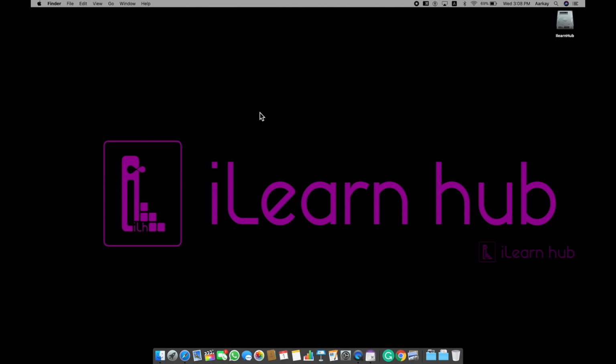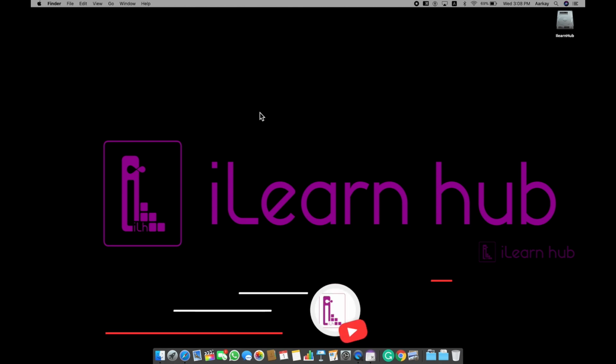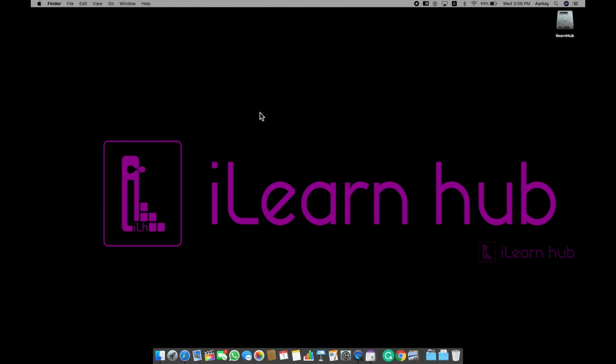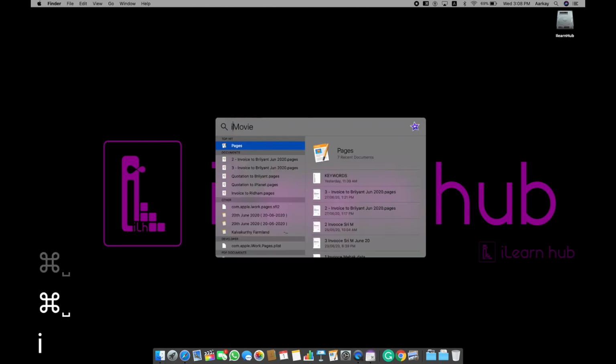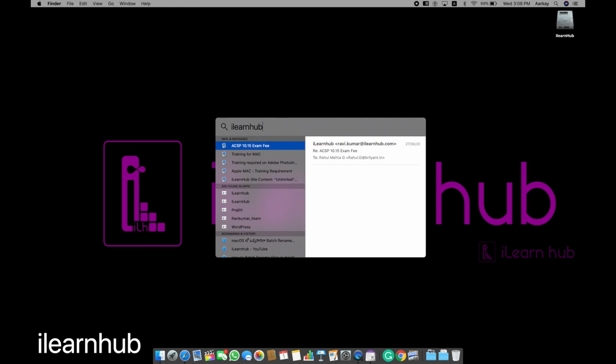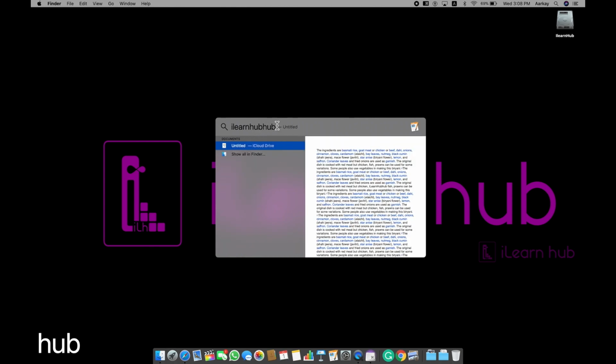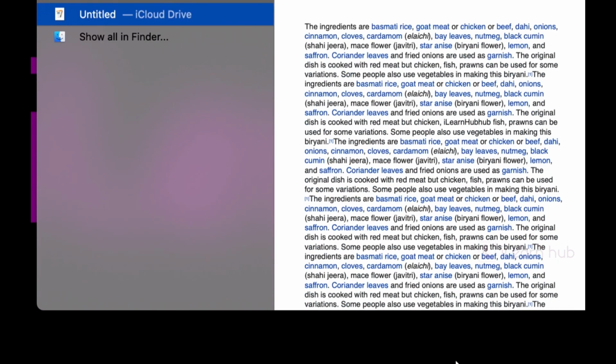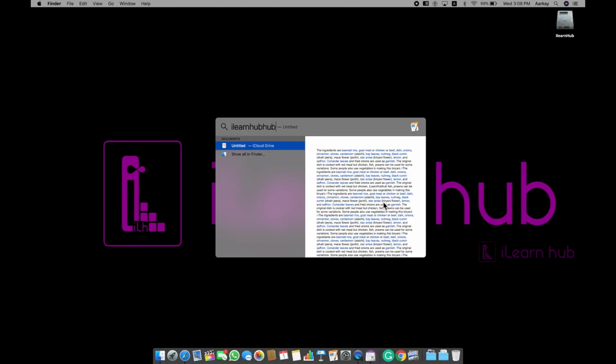Normally, if you quit without saving, you are going to lose all the content. But remember, this is a Mac, and some built-in features are already there. Now search iLearn Hub HUB. If you go here, you can see the same word somewhere inside this untitled file.